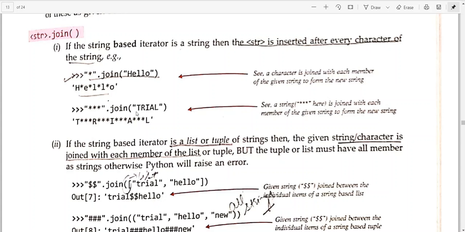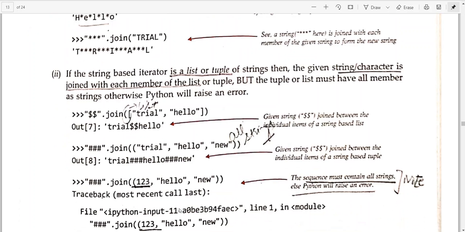Here you are taking a particular word, or we can say a few characters. But here what you are trying to combine is a string, that is $$, with the elements of the list. So once this element is written, it will put $$, then hello it will put. Like this it will go on. Fine.